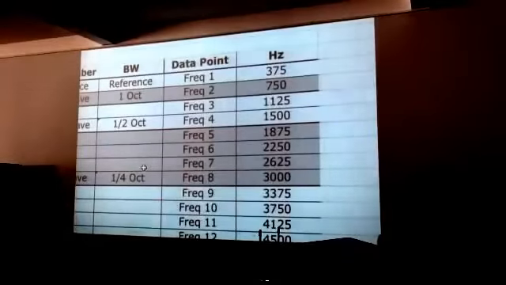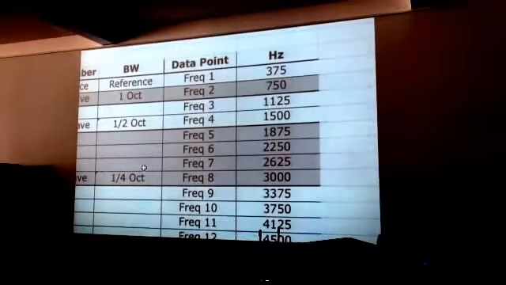But between the second and the fourth is 1 octave. So between the second and the third is half an octave, and between the third and the fourth is